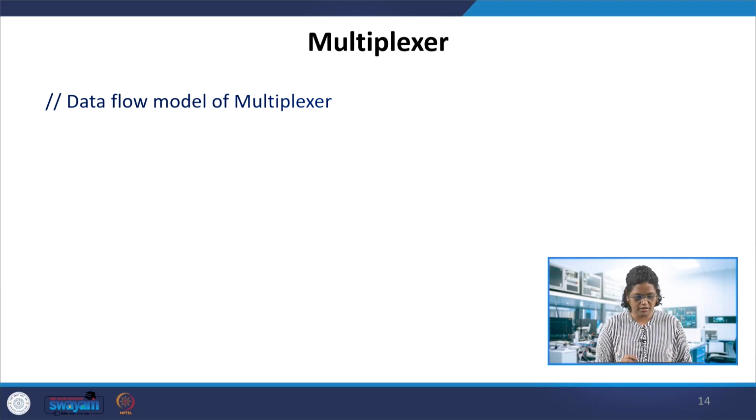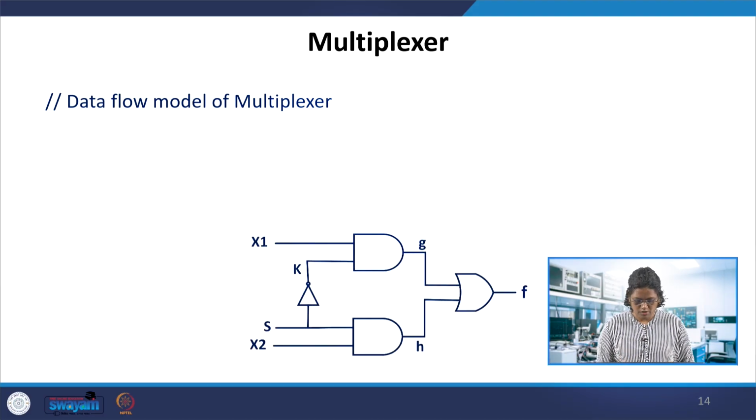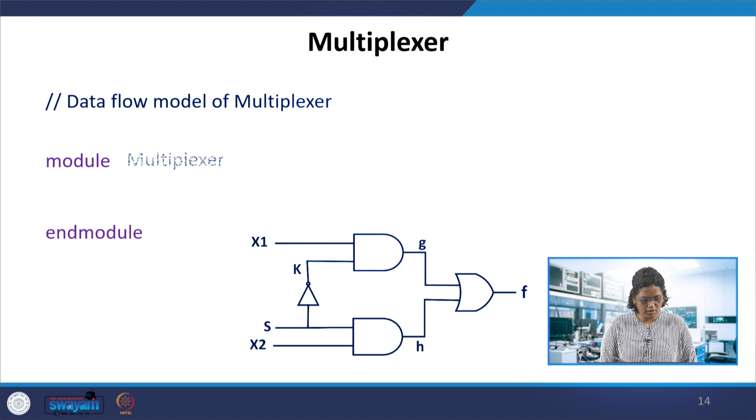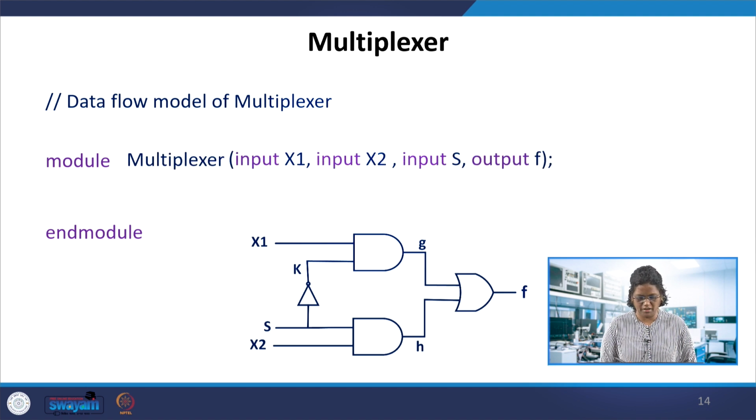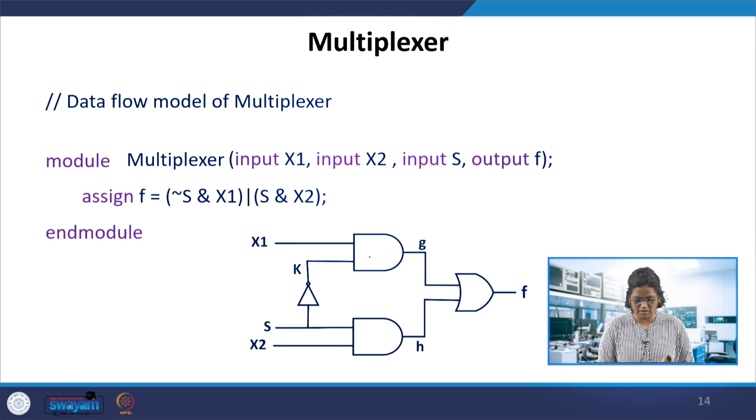Can we take up the data flow model, and see how the data flow occurs? In the same case, module and endmodule multiplexer, with two inputs and the select line, which is another input, the third input, and the output is F. So assign F as, now you see the Boolean function going on here. We are not bothered about the primitive gates as we did in the structural one. Now we look at this AND function getting K and x1. K is the NOT of S. So even this K need not be defined here in this particular example.